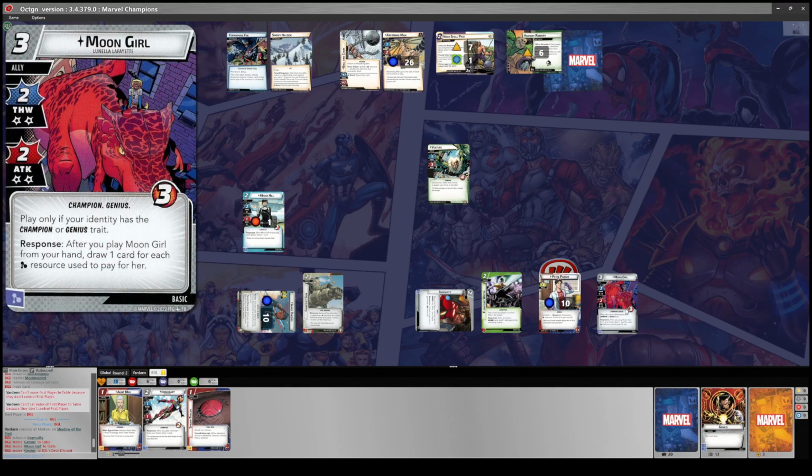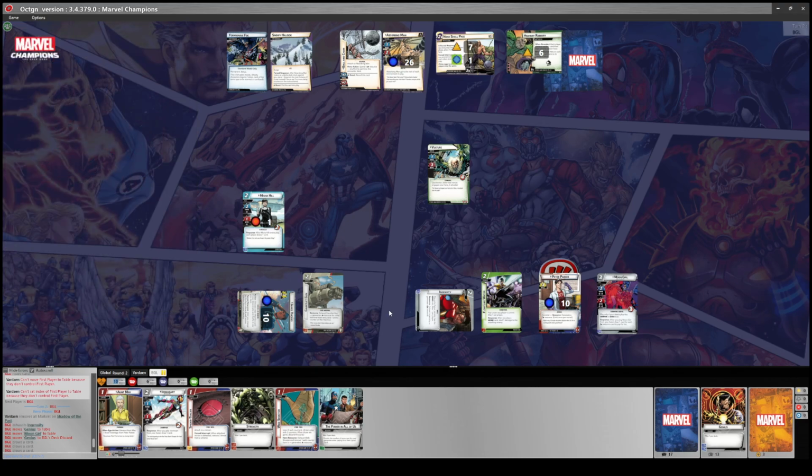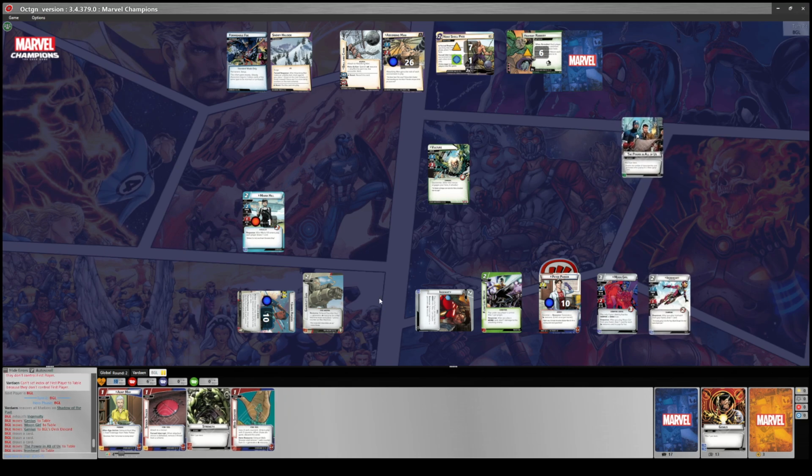Not to toot my own horn or anything, but you can only play this in alter ego. So this was a good time to get her. And I got the power in all of us, strength. Yeah, so I can use the power in all of us to then put out Iron Heart, which will draw me another card,